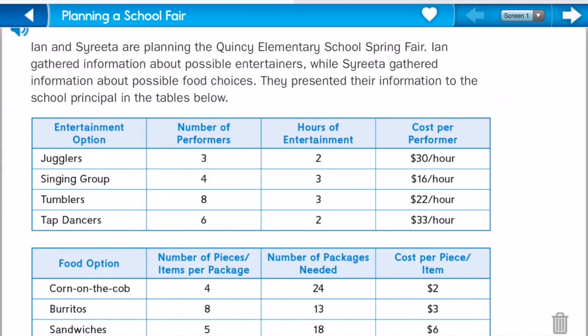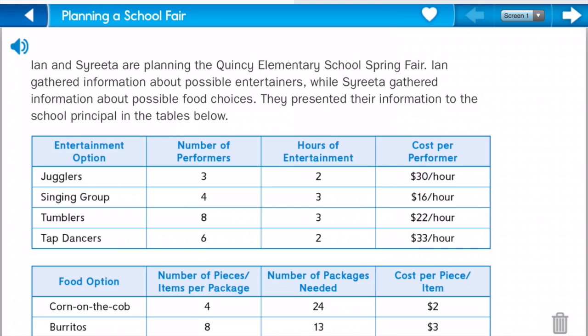Good morning. Today we're going to be learning about multi-step multiplication number stories. Today we're going to be focusing on planning a school fair. So here it says,